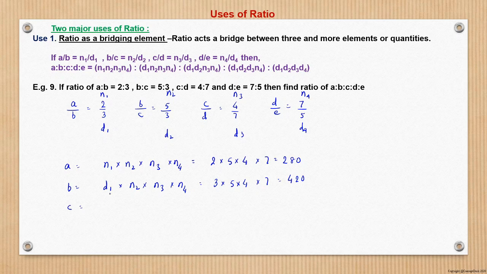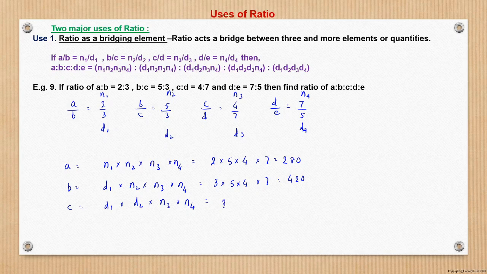Then C is, again, now what will happen? We will replace the second term here, right? The process starts with the first numerator, and then at each step we replace one numerator with its denominator. So here now the next numerator we will replace with its denominator, and then keep the rest of the terms the same.